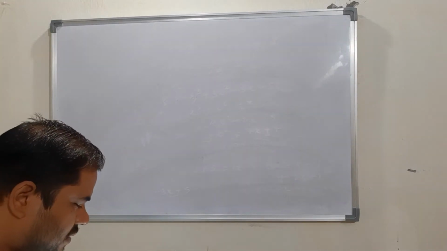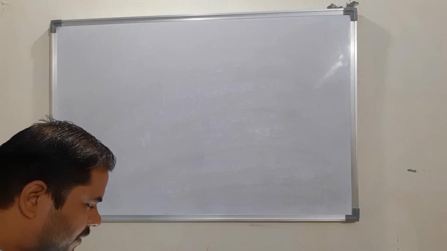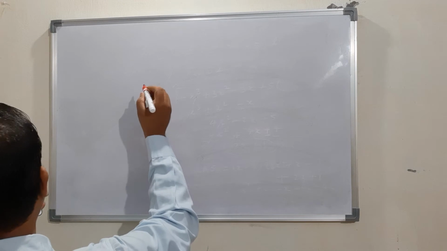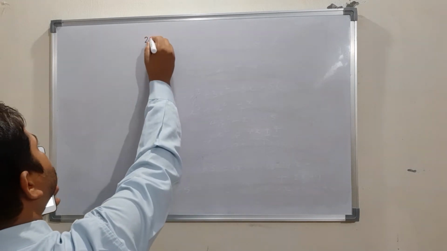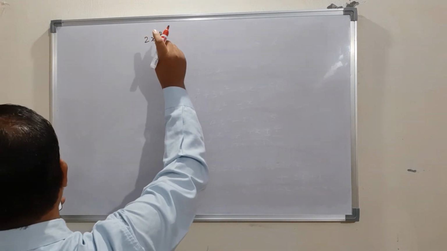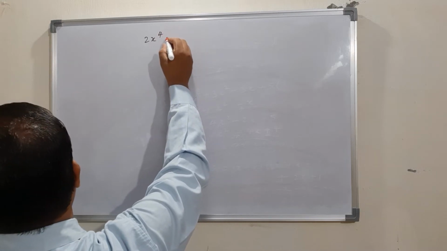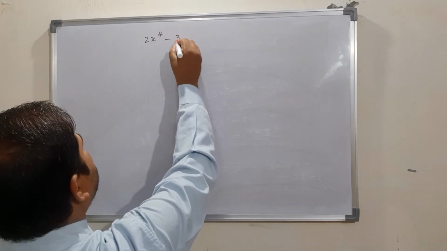Note down the question. Find all zeros of the polynomial 2x to the power 4 minus 3x